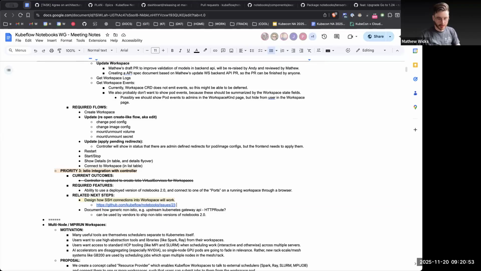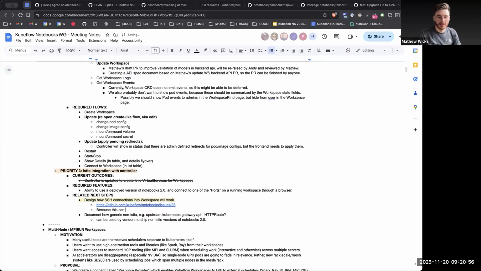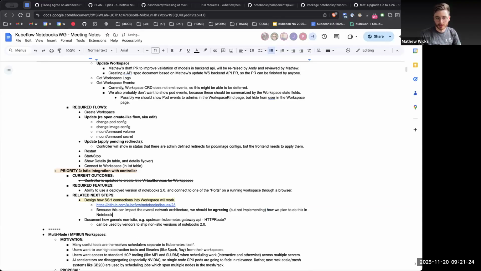The goal here is, because this can impact the overall network architecture, we should be agreeing, though not implementing, on how we plan to do this in notebooks 2.1.